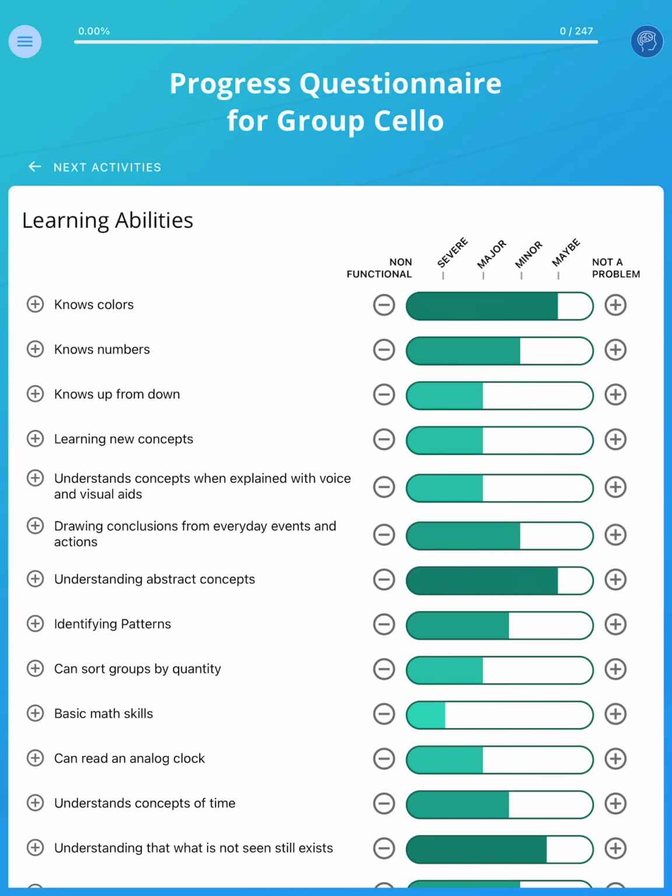This will help the Mendability expert system determine which brain functions are responding and activating. The expert system will then look for the best enrichment activities to support this activity and growth in the right brain functions. The questionnaire here goes through all the areas where you scored a degree of a problem previously for any of the students in the group. And if you have seen anything happen, even if it would not really qualify as improvement, but there has been some movement, progress starting to emerge in that area, then click once on the plus button to score maybe better.